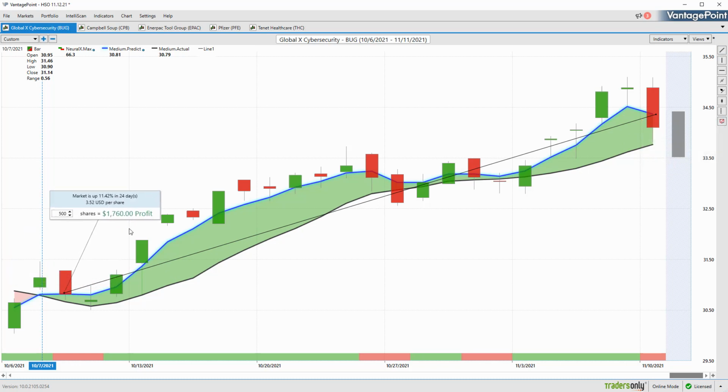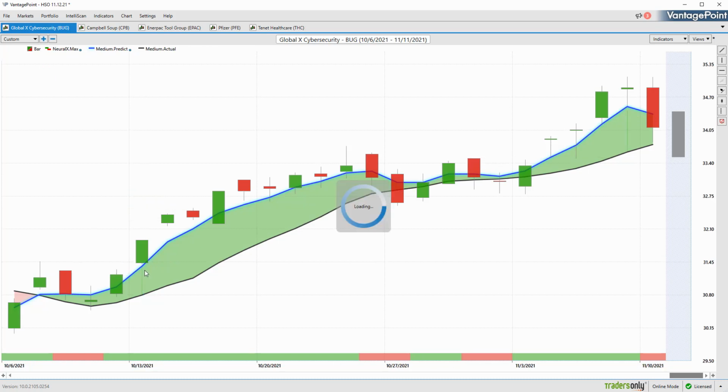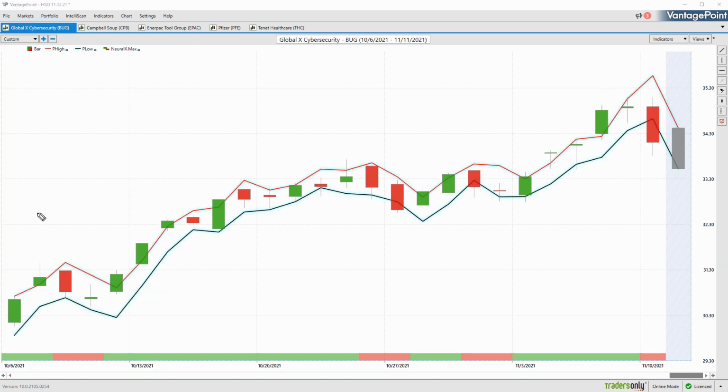Well, so far we've got about an 11% rally in the shares here of BUG. We've seen the indices and stocks do some pretty phenomenal moves over that time period. But when we really look more closely, we can say, okay, how would the guidance of these predicted highs and lows help us? And you see that if you get in early here, you get a move higher there,